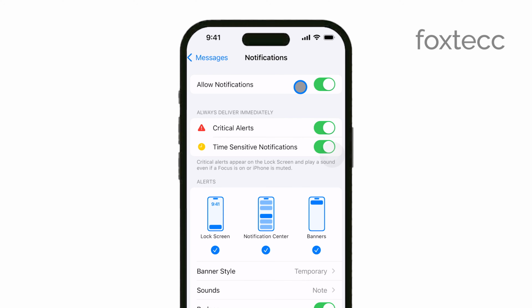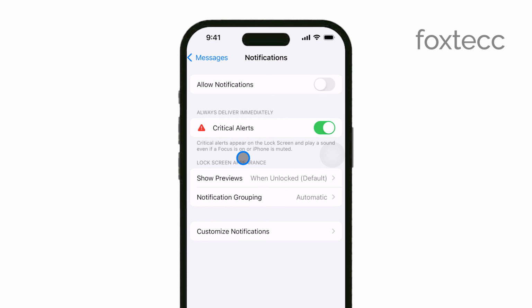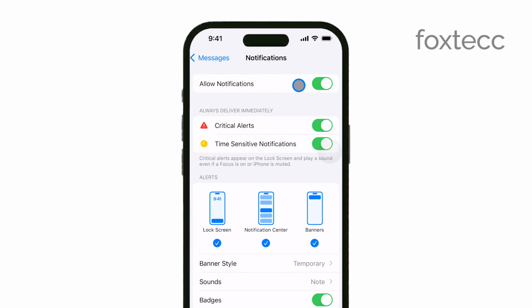If you toggle this off, it will stop all notifications from iMessage, so you won't receive any alerts for incoming messages. This is a quick and easy way to silence all iMessage notifications if you want to go completely off the grid. If you prefer more control over your notifications rather than turning them off entirely, you can scroll down